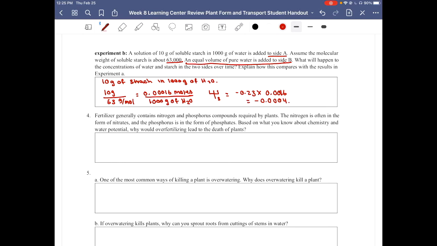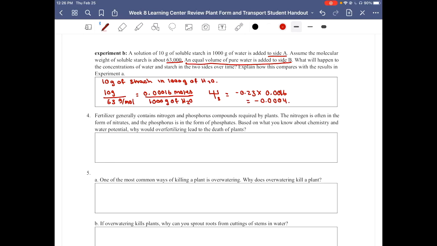And on the other side, from the problem, they told us that it's pure water. So they said an equal volume of pure water is added to side B. So from that, we know that it's 0 because pure water will always have 0. And water is going to move from a higher water potential to the side of the starch, which has a lower water potential. It's in the negative zone. So we know that water is going to move, but compared to the last problem, this process is going to be a lot slower because